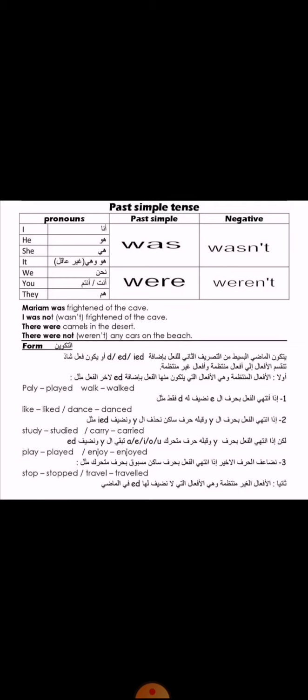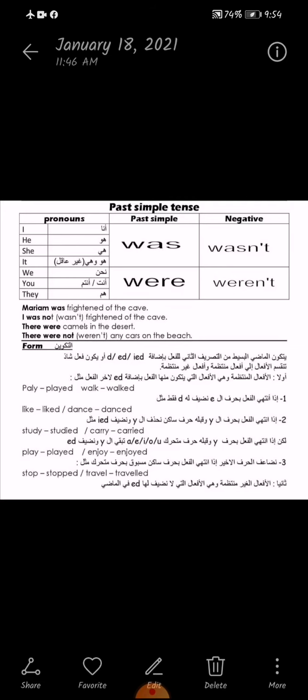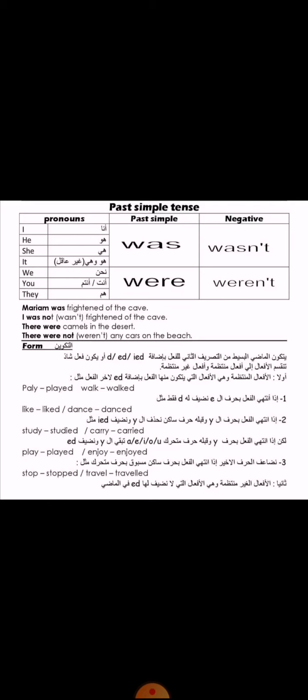The form of the past simple tense, there are regular verbs and irregular verbs. Regular verbs end with d or ed or ied. Irregular verbs such as see, saw, go, went, eat, ate, drink, drank, and so on. Regular verbs end with d or ed or ied. Most regular verbs end with ed, such as play, played, watch, watched,